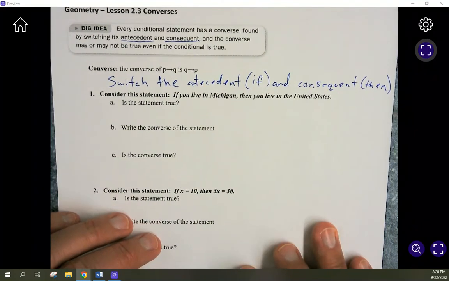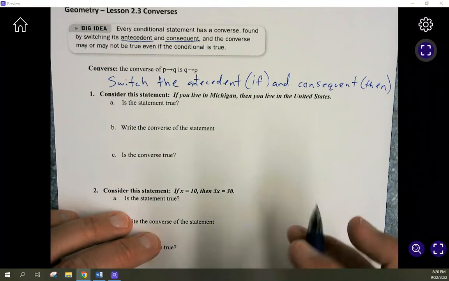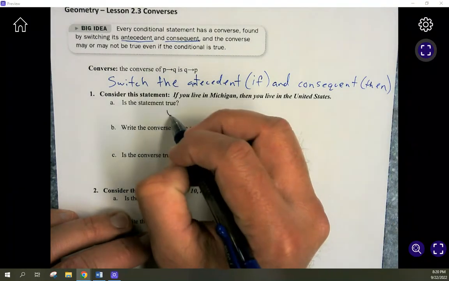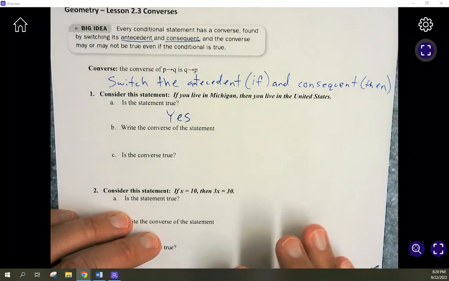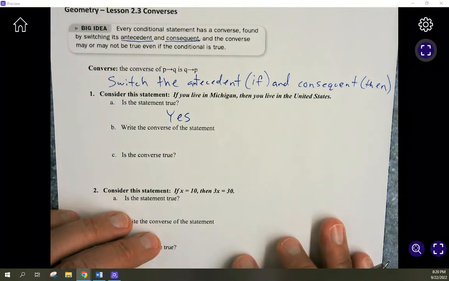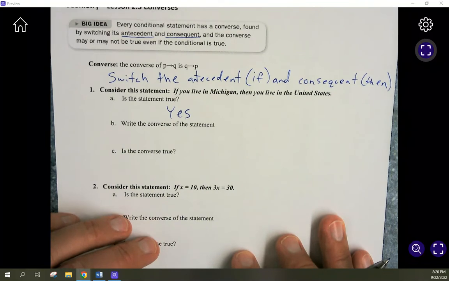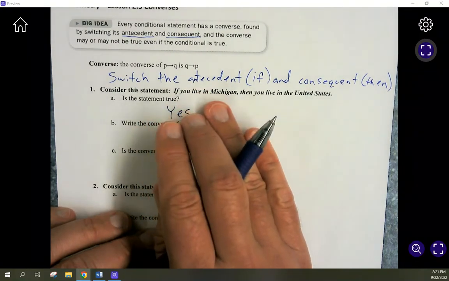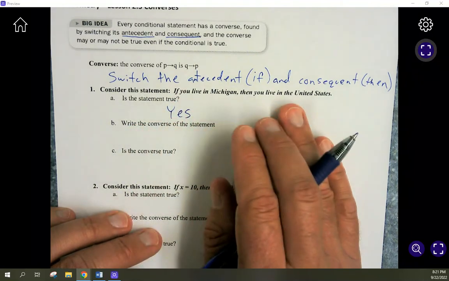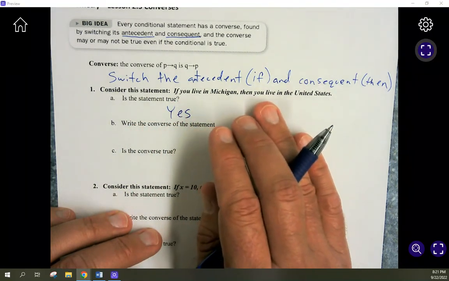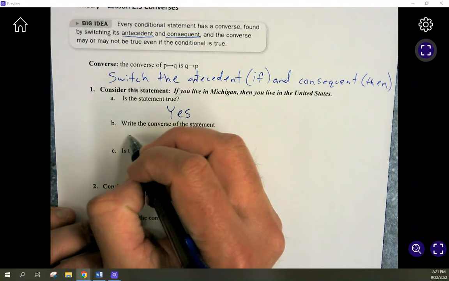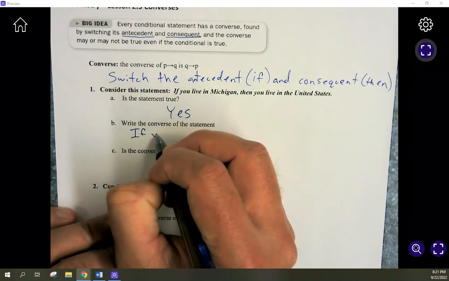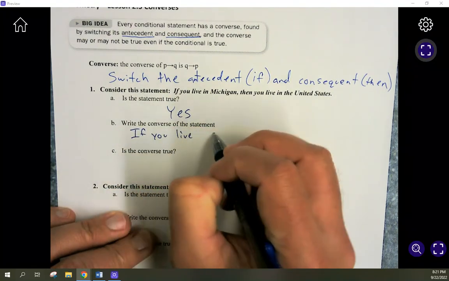Number one, consider this statement. If you live in Michigan, then you live in the United States. Is this statement true? Yes. If you live in Michigan, you live in the United States. That's true. Write the converse of this statement. So we're going to switch the antecedent, which is you live in Michigan, and the consequent, which is you live in the United States. So it now is going to say, if you live in the United States,